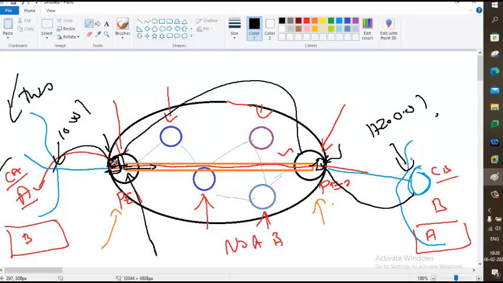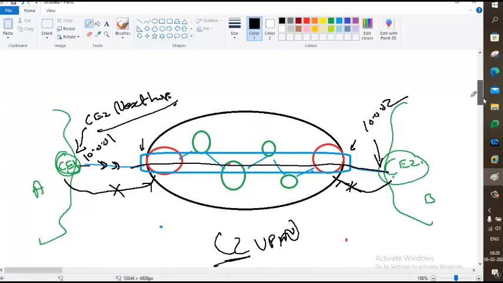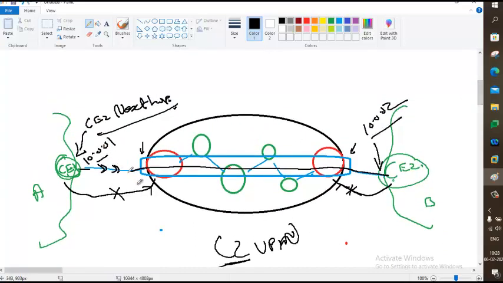From here to here one routing, and then it goes from here to here via the tunnel, and then again here to here routing. This is a different network. Sites are in different networks, then you need layer 3 VPN. When sites are in the same network, you need a layer 2 VPN.